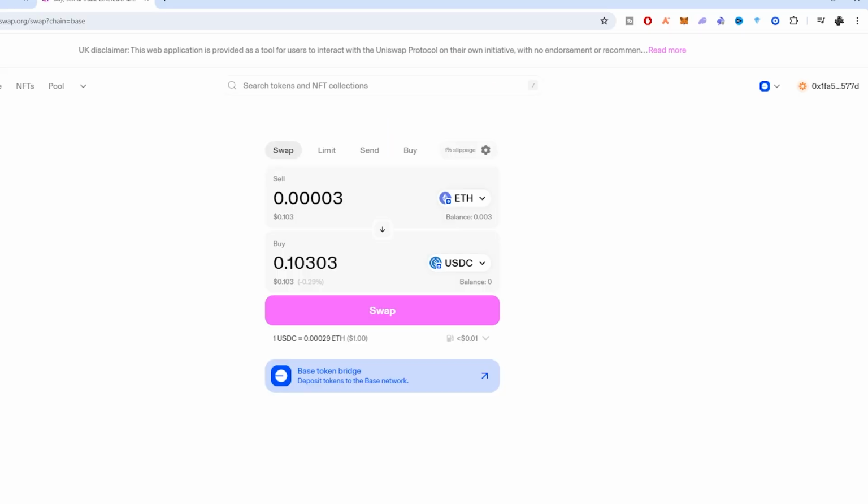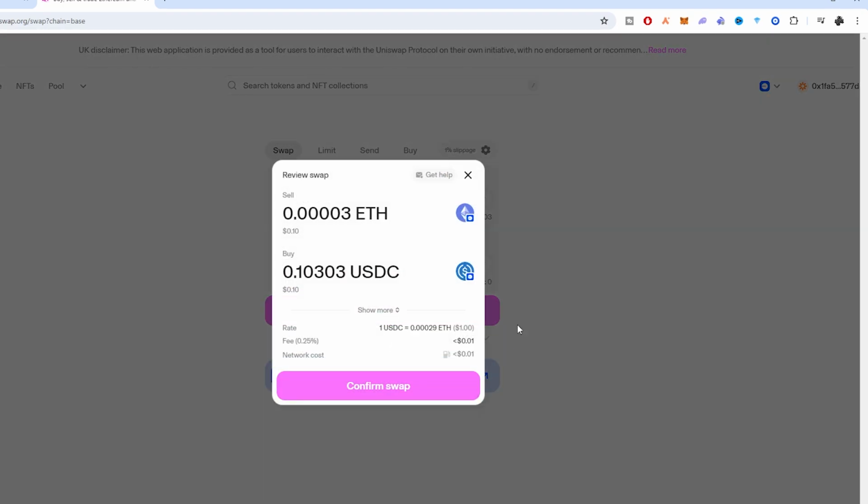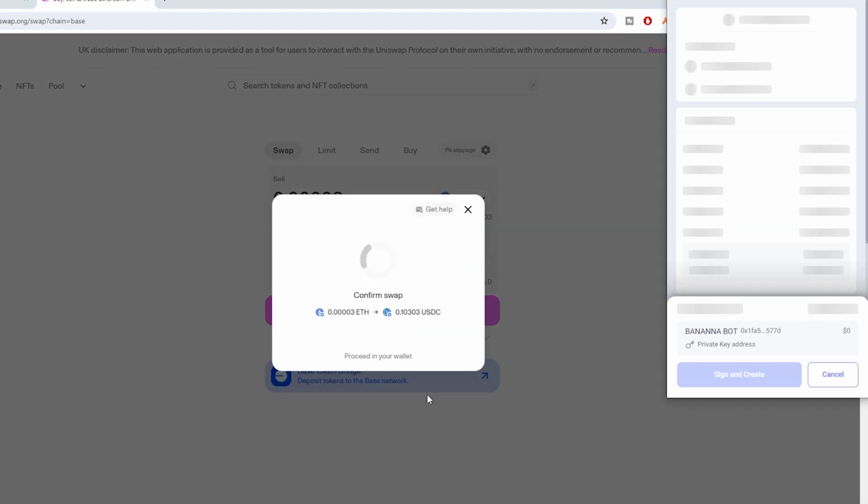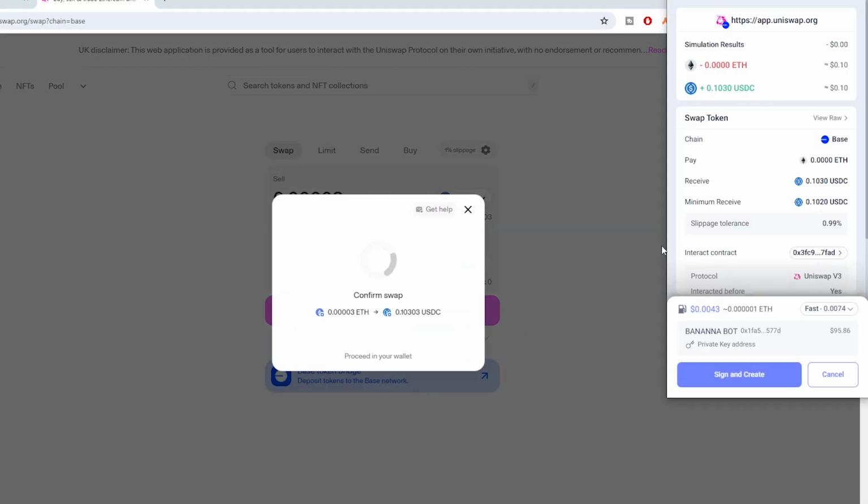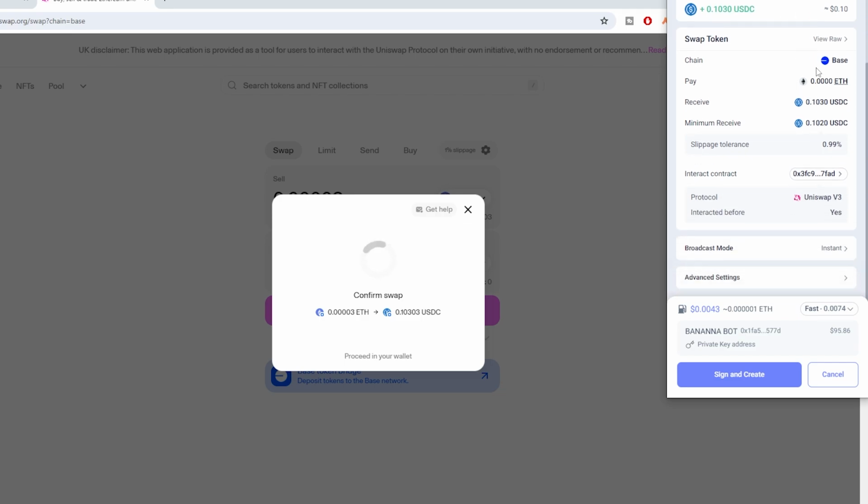So next up is security, and we're going to start with Rabby. As you can see, I'm on Uniswap here, and let's just say that we wanted to make a transaction. When we go to make that transaction, we see this wallet pop up, and it actually has a ton of useful information. They show us simulation results, which is a simulation of what will happen when we do this transaction. And they also give us all of this important information relating to our transaction, and they make it really nice